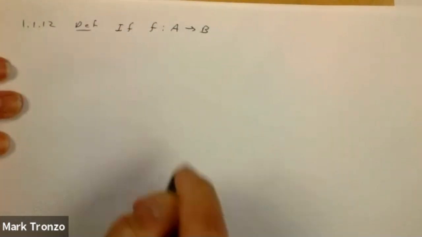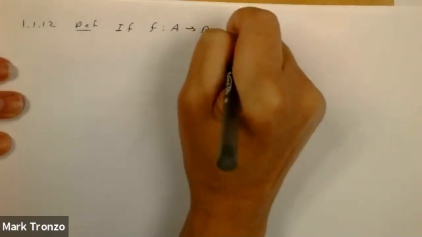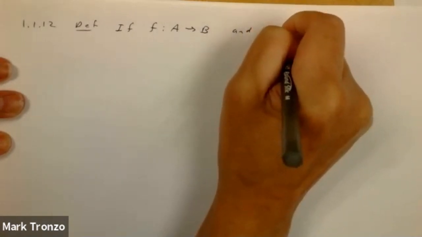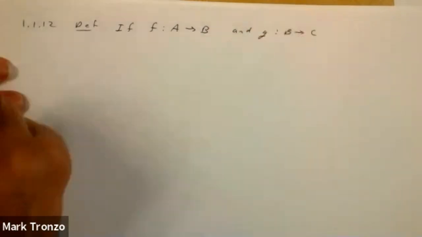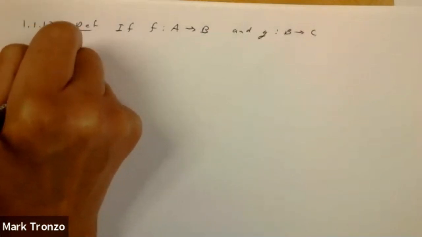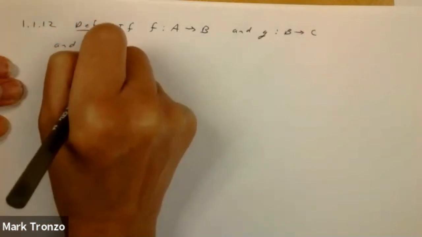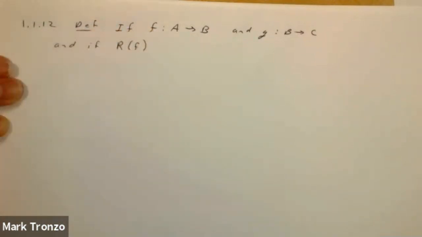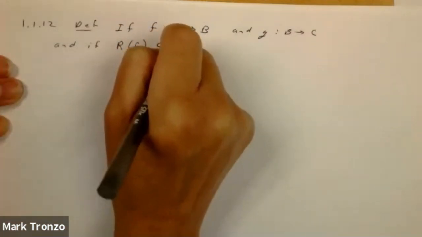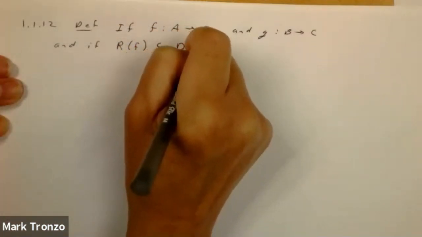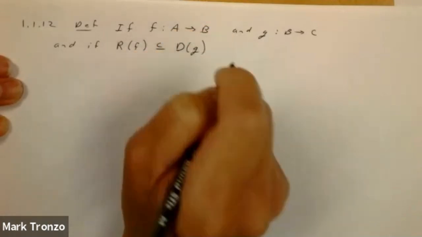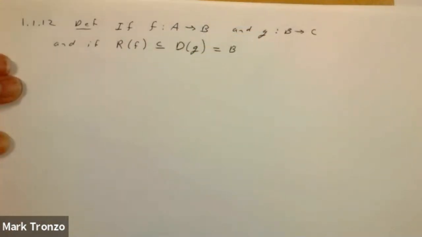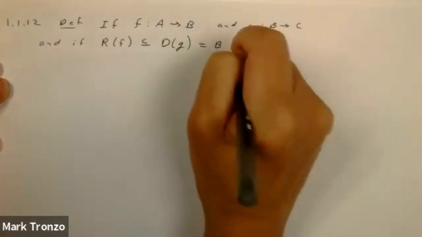If f is a function from A to B, and g is a function from B to C, and if the range of f is a subset of D, the domain of g, and that's equal to B, then the composite function